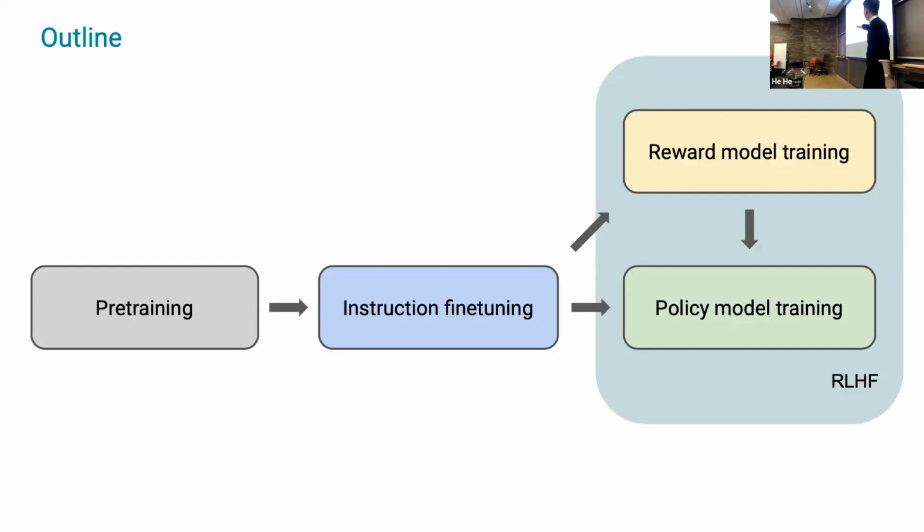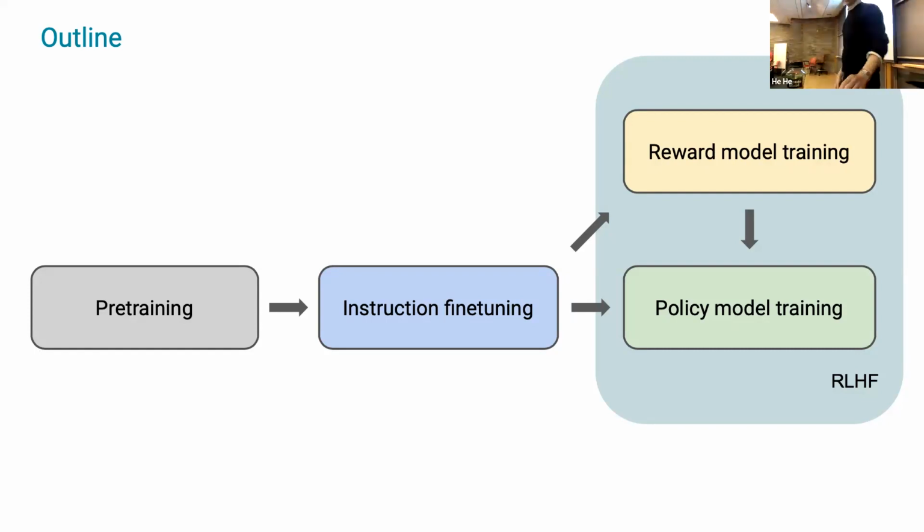So we start with the pre-training, and then we do the instruction fine tuning stage. And then we do the RLHF, which is composed of two parts. First is the training of the reward model. And then using that as an objective function, we train this policy model. That's the policy gradient that was covered in your last lecture. And that one is the final artifact. We use this policy model, for example, ChatGPT is a policy model, and that will be the final artifact